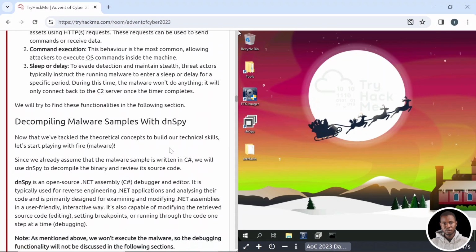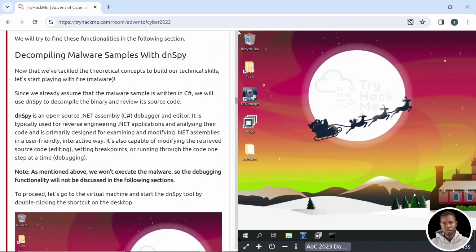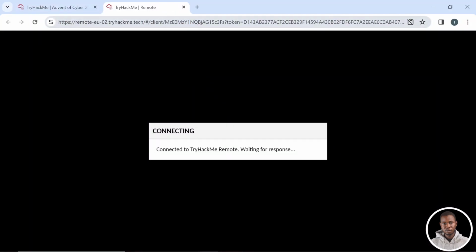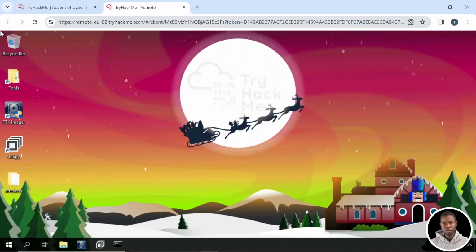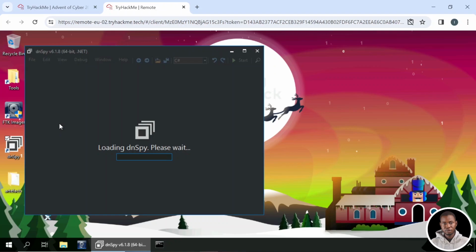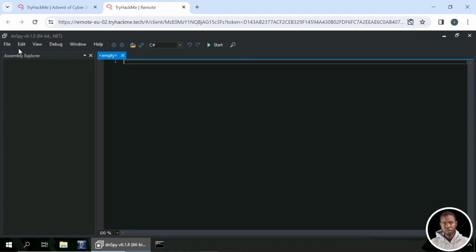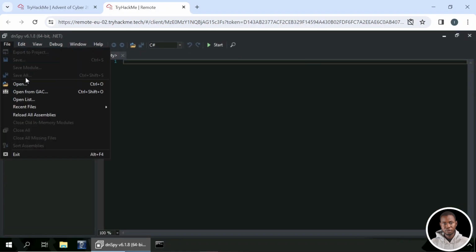So now moving into decompiling a malware sample with dnSpy. So we're going to move to our machine. I'm going to expand this so that we can take a look at the full screen. All right, cool. So what we need to do is to launch the dnSpy application. I'm going to right click on it and click on open. All right, so we have our dnSpy application. So I'm going to make this bigger, and then we'll go to the file menu. I'm going to click on open,